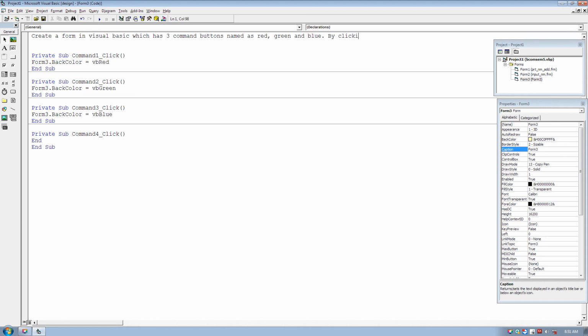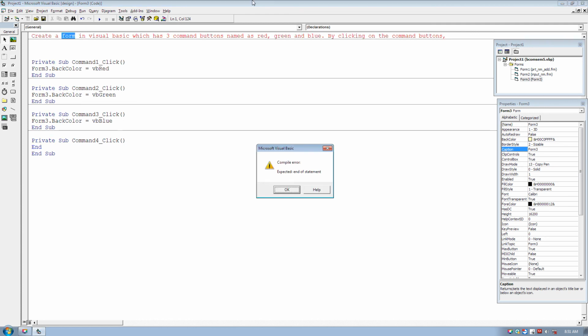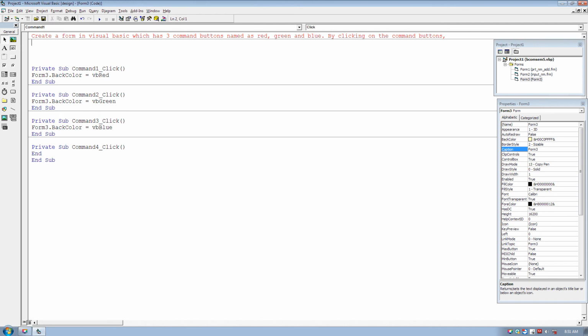This is a definition, so VB will not generate an error. By clicking on the command buttons, the form's background color should be changed to the respective command button.